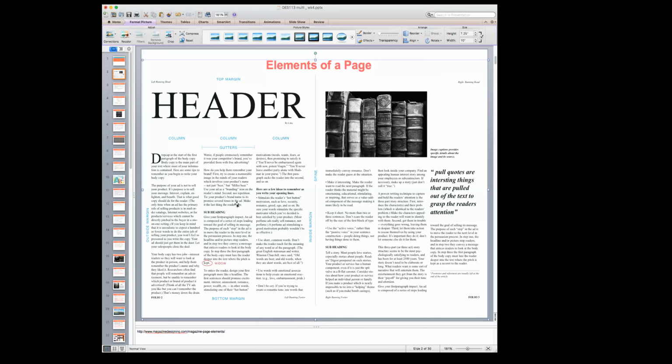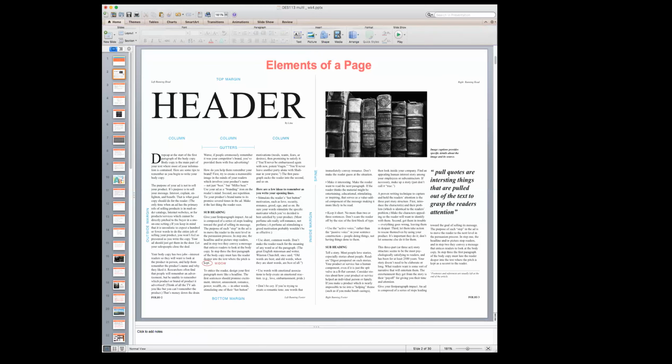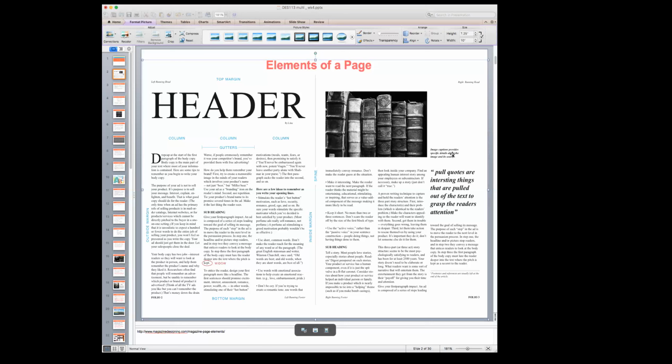Style sheets for days, that's right. Whoops. All right. We'll skip over image captions, but again, the image caption right here, if you have an image,